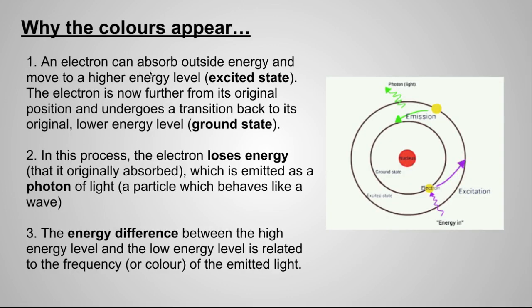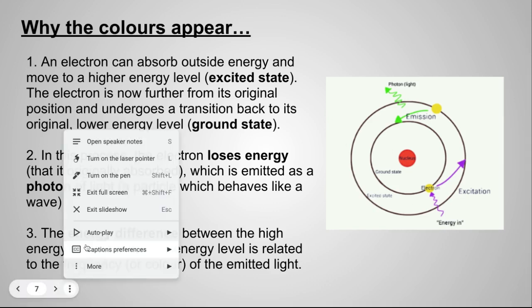So let's say an electron absorbs outside energy and it moves to a higher energy level. In order to do this, you'd have to apply a lot of outside energy. Okay, so just heating it up or turning on the furnace to try to excite an electron is not going to do it. You need a lot of outside energy, and in this image here, you'll see